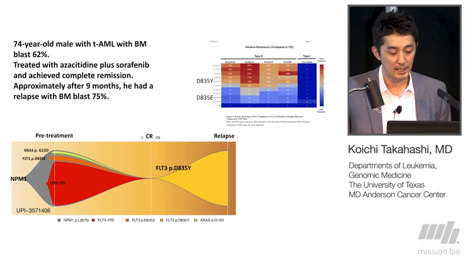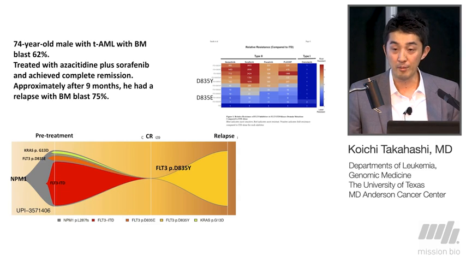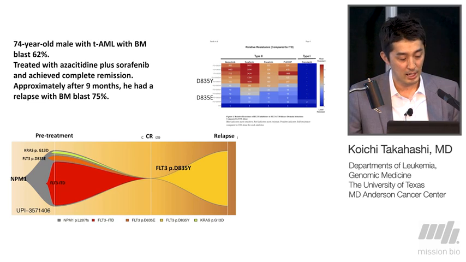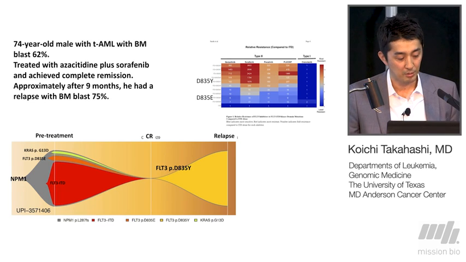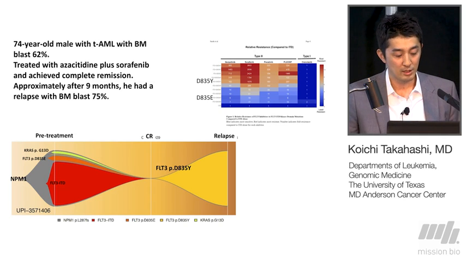It really made sense because Catherine Smith at UCSF previously created a nomogram of FLT3 inhibitors and their sensitivity to differential FLT3 mutations. The FLT3 D835Y clone was shown to be resistant to sorafenib, while the D835E clone or ITD clone was shown to be sensitive. So it made sense in this case that sorafenib was able to take care of the ITD clone and D835E clone. However, this very tiny D835Y clone that existed at the time of pre-treatment